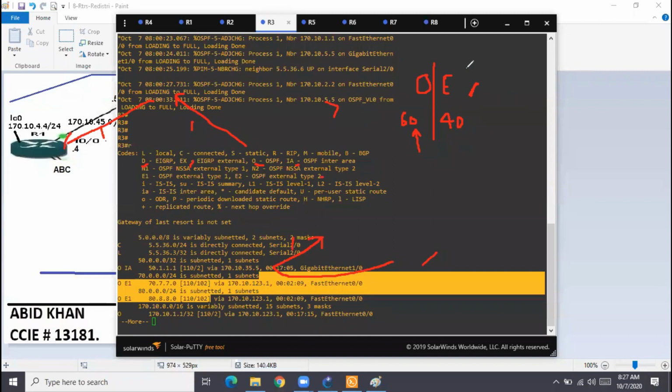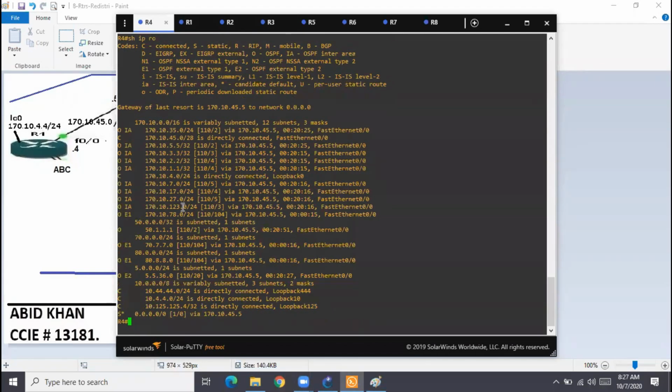Okay, guys. In EIGRP, one difference is there now. Let us see in OSPF. If you see OSPF, the original OSPF routes, O route, meaning internal route, and OIA is also an OSPF internal route. What is the administrative distance? 110.